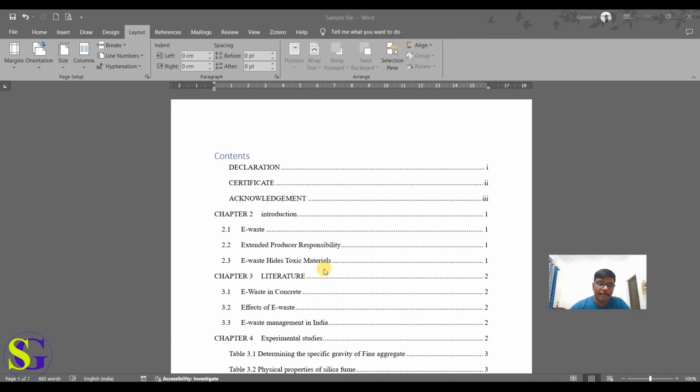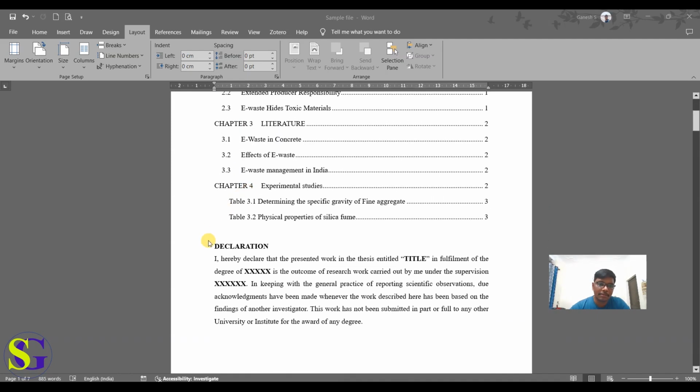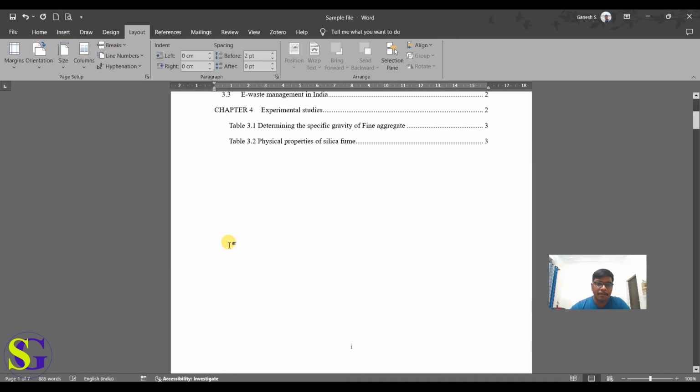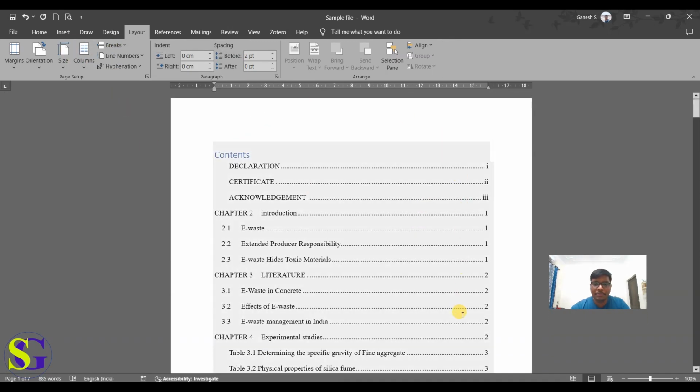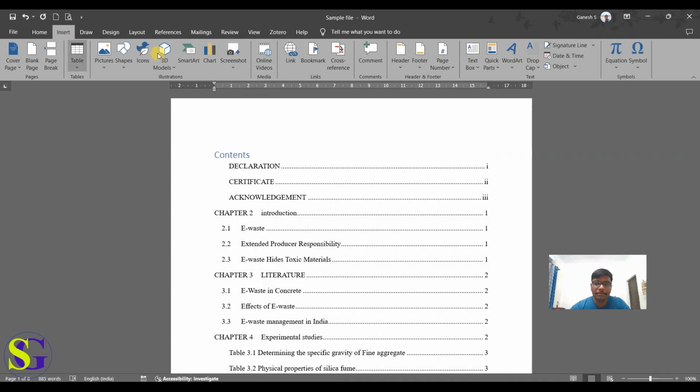Okay, so next what we want to discuss is how to add page borders. You want to add some page borders for this particular page. Here I'm again using a page break, as I need to add the border only for this particular page. So how do you add a page border? Just go to the insert button,